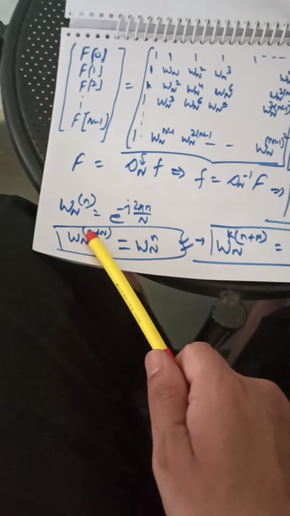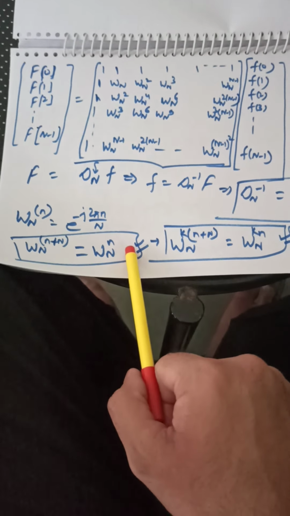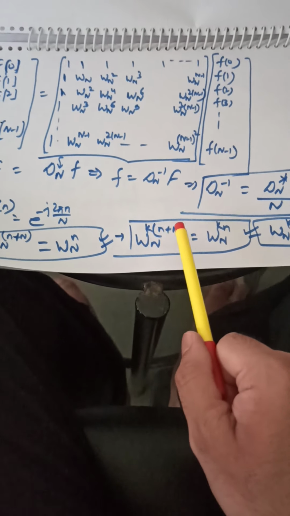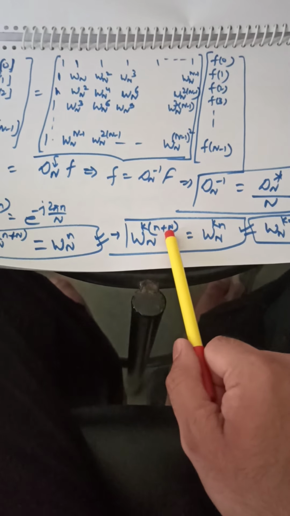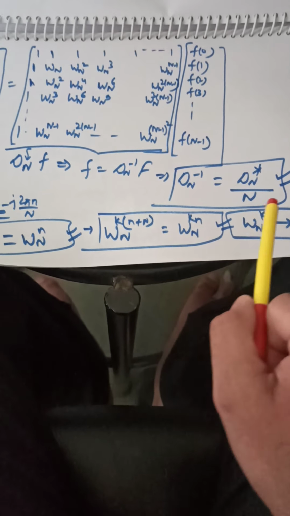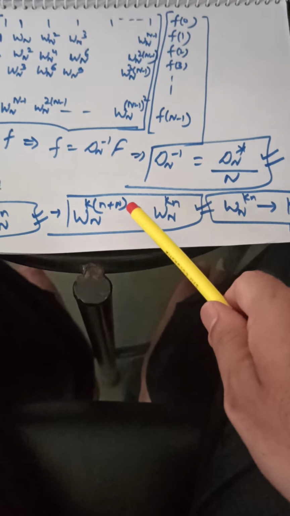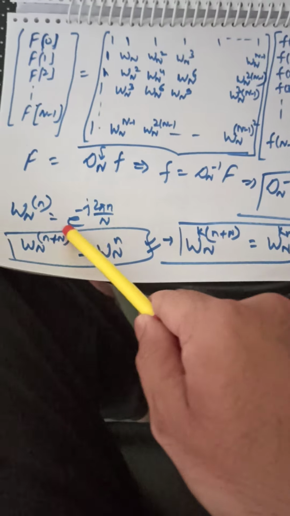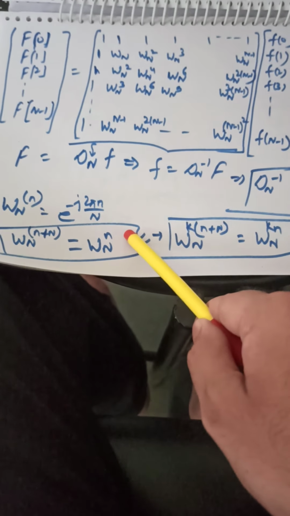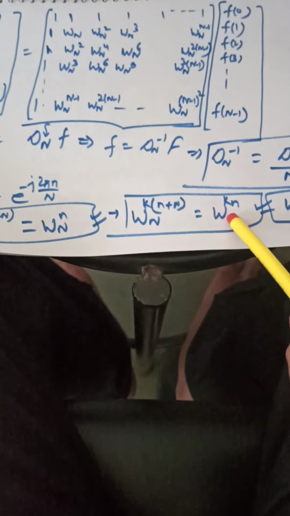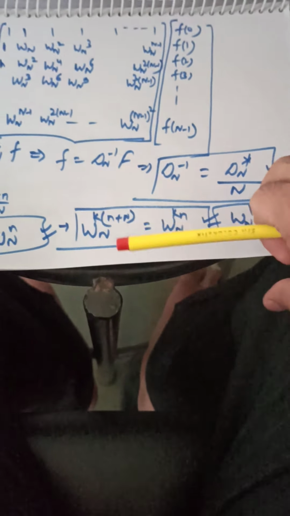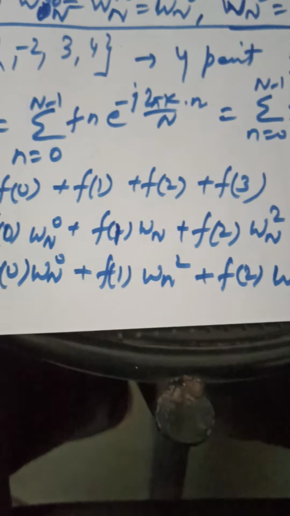Now the variation of wn with n needs to be studied, as I had already discussed with you during the multiplication. So if we multiply this expression by wn raised to the power k, then we are getting this thing, k on both sides, and this is what we are obtaining. wn kn is what we are getting. So this is also periodic with kn.